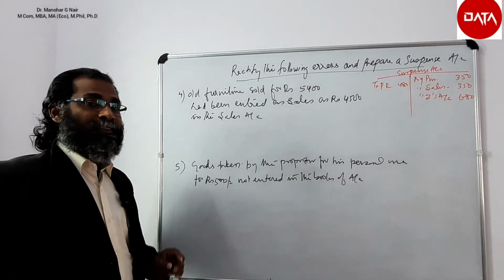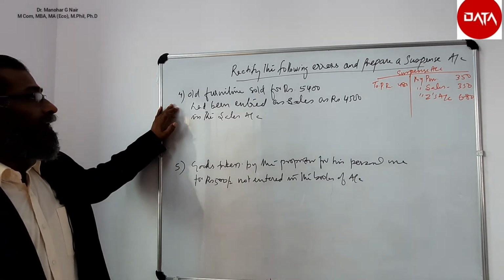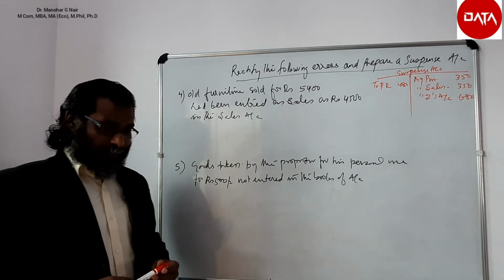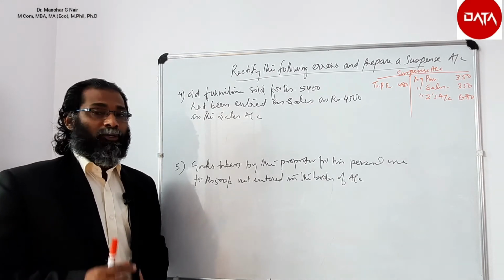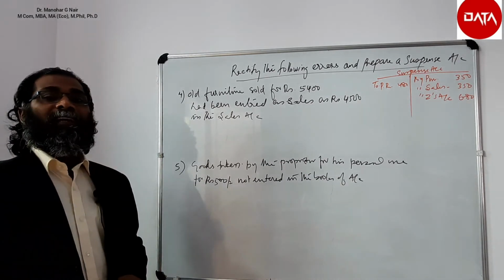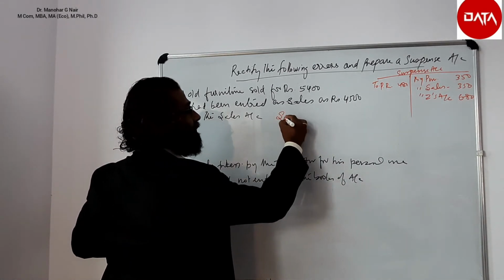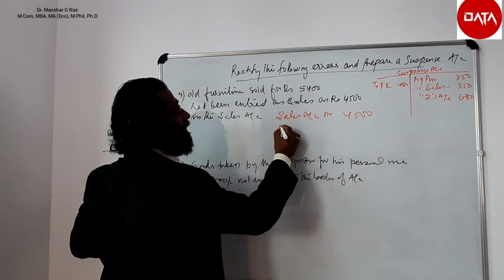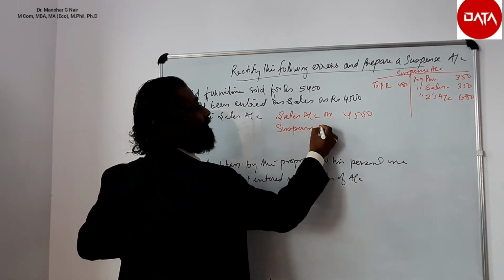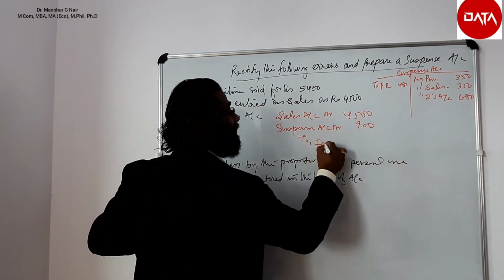The next transaction is old furniture sold for rupees 5,400 had been entered as sales as rupees 4,500 in the sales book. So when a furniture is sold, that furniture account should be credited, not the sales account, but it is entered in the sales account. So we have to cancel sales account for 4,500. Sales account debtor 4,500, suspense account debtor 900 to furniture account